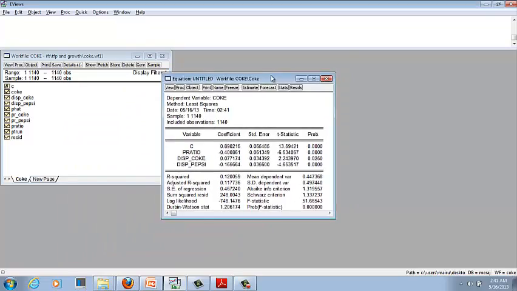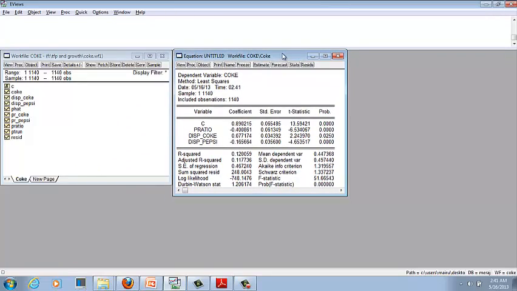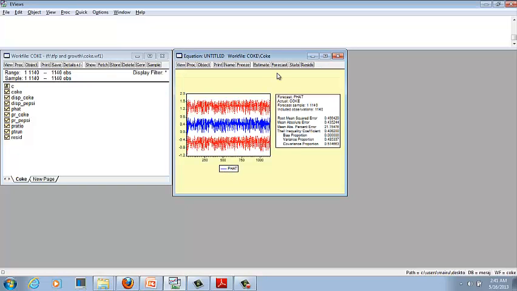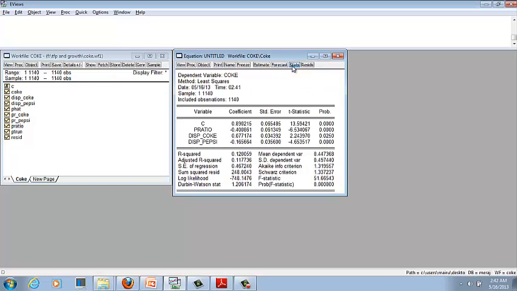So we got the regression results here. Now we're going to forecast. Here we can write P hat. So just click the statistics.